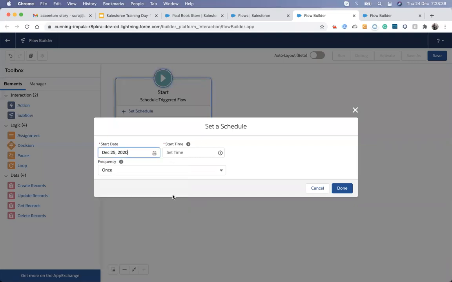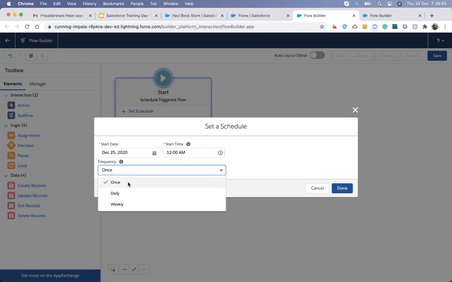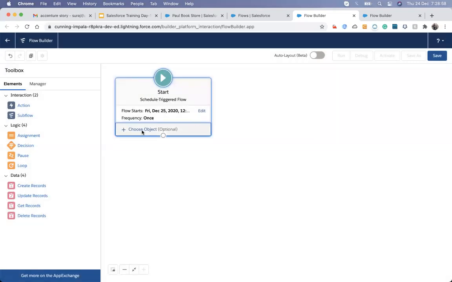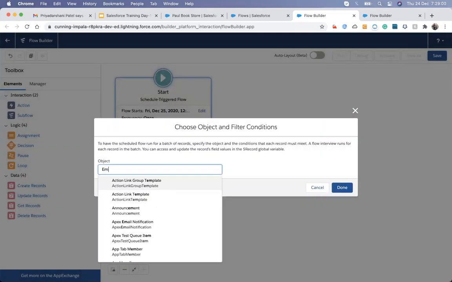So I'm just scheduling a flow at midnight, once, on 25th of December. There is no option for yearly, so it's once, daily or weekly. That's the limitation. Might be in a future release they will come with that option too. So I'm doing this one, and I will choose our employee object.